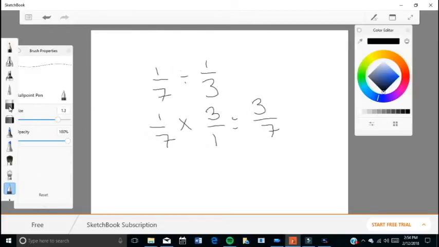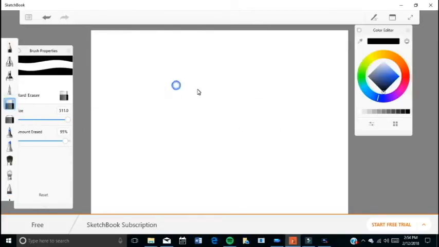So what do I do when I have whole numbers in it? Well, I just combine how I just did division of fractions with what I do when I have whole numbers in my multiplication of fractions. So